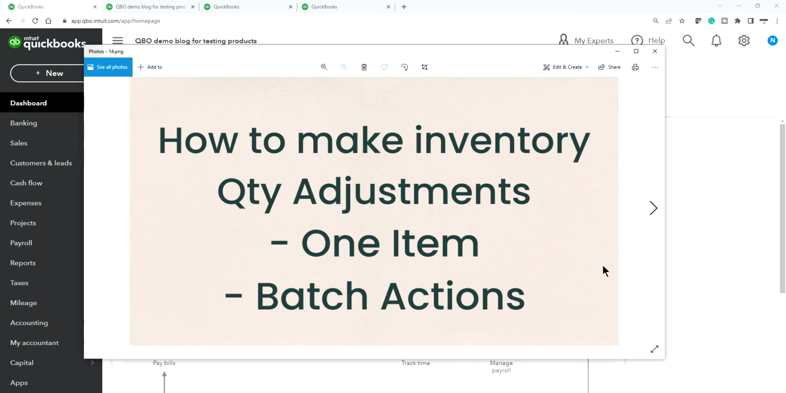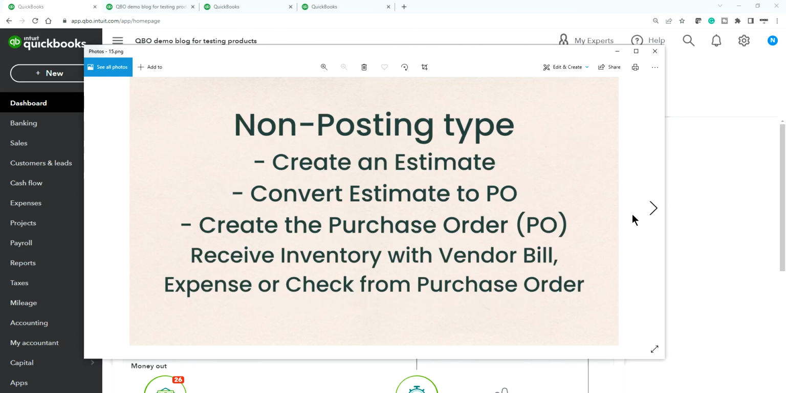So now let's look at what's next. Okay, then you have the non-posting type forms. You can create an estimate, and the estimate is for your customer. Your customer wants to buy something, specific products, and it's an inventory item, but possibly you don't inventory those. You're buying it for a specific, special customer. So you can create an estimate and convert that estimate to a purchase order, or you can create a new purchase